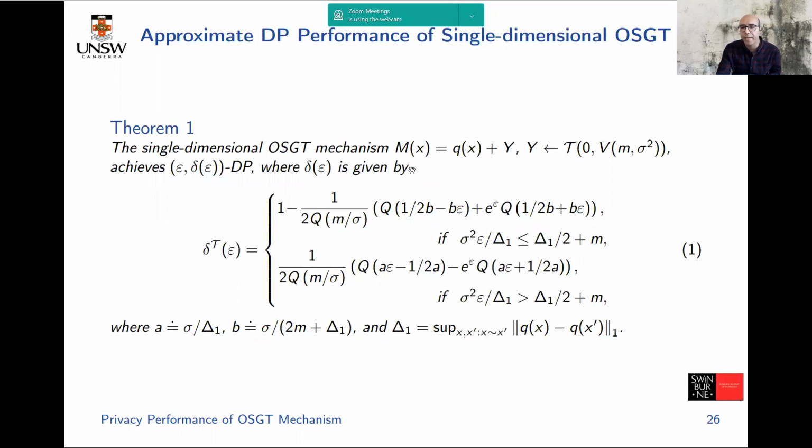So you've got a query M applying to dataset X, the randomized M applying to dataset X. That's the combination of a query plus the noise. The noise is drawn from the OSGT distribution with variance V depending on m and sigma squared. And we can say this OSGT mechanism is epsilon-delta differentially private with this delta as a function of epsilon. Because this is a very complicated formula, to have a better intuition about it,